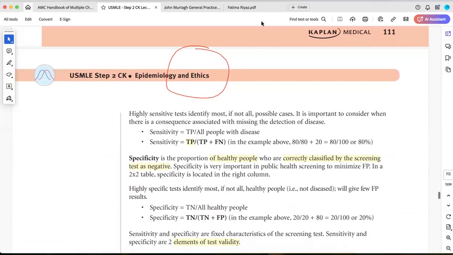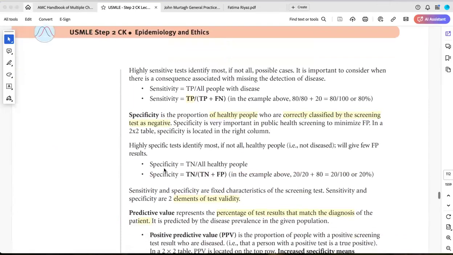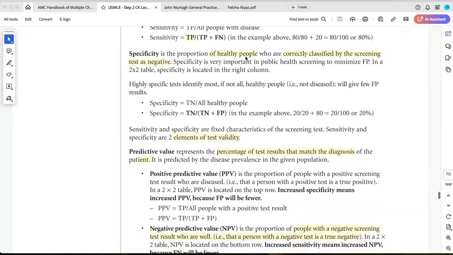And if we want to find out the specificity of a disease, what does it really mean? It is the proportion of healthy people who the test says, yes, you are healthy. So it is the number of people who the test says you are truly negative out of the people who did the test. So out of all the people who the test said healthy, what is the number of people who was actually negative or who are actually disease-free? That's how we find out the specificity.